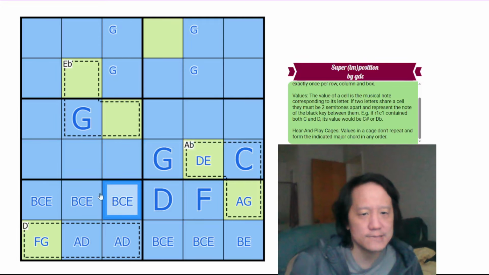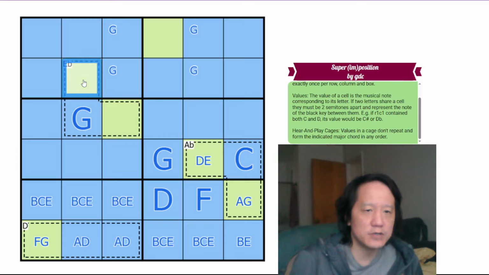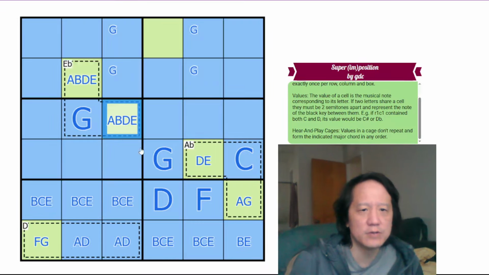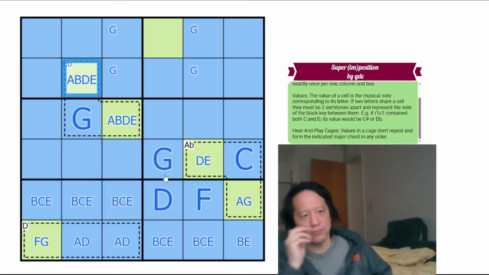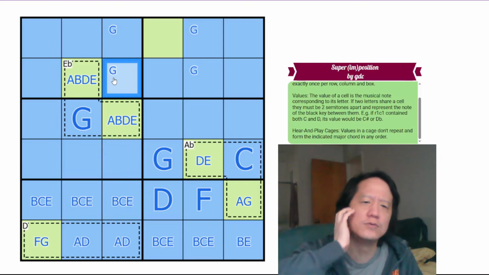Okay. E flat is E and D again. So this could be here or it could be here. We don't know. And then the other one is E flat, G, and B flat, which is between A and B. So we have E flat between D and E, and B flat, which is A and B. Okay. Either way, this cell, okay, so,